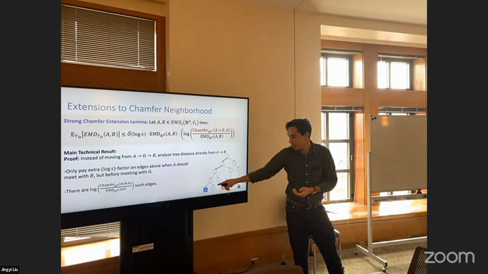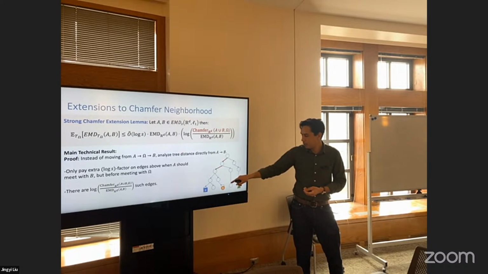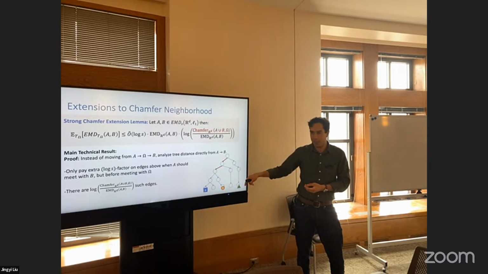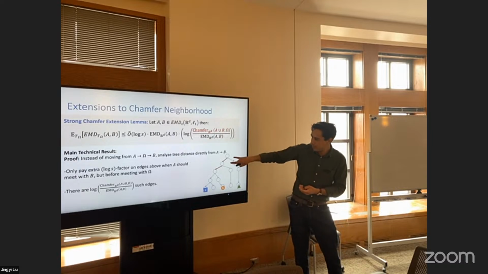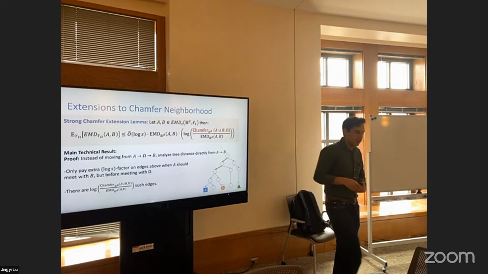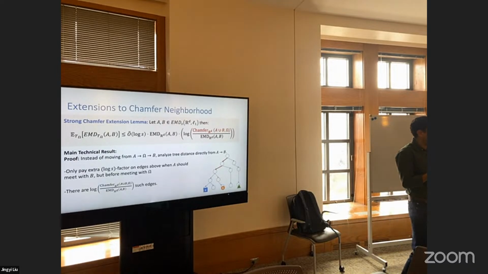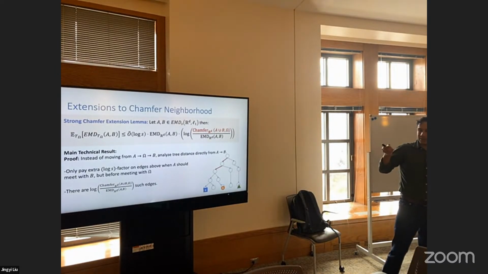Maybe this is a good case, but maybe they split here. So before I was supposed to reach my close point, but before I haven't reached my sample yet. So these two edges here. And so I'm only going to overpay by some factor on those edges between the sample and the point B. And the point is that the number of such edges that I expect is proportional to the ratio between how much further